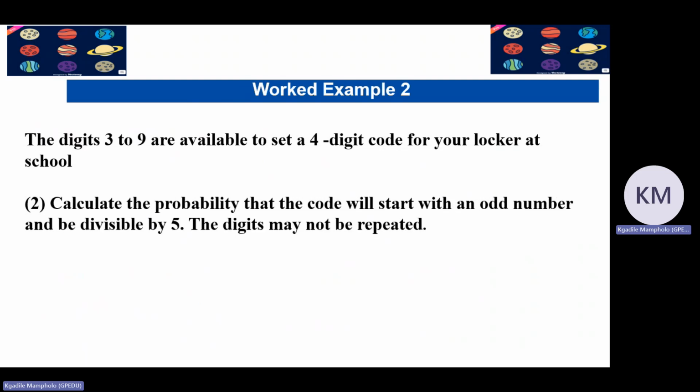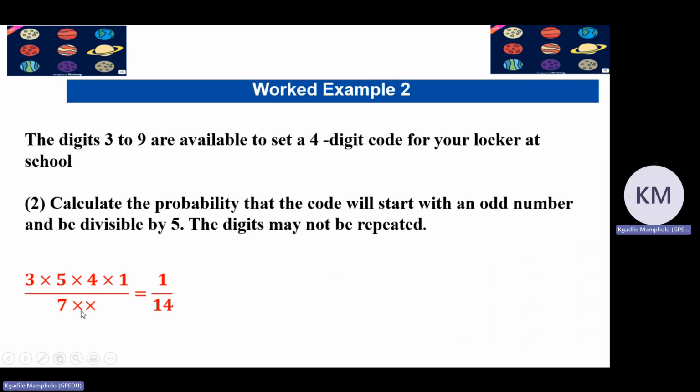Calculate the probability that the code will start with an odd number and be divisible by 5. So the digits may be repeated. Now, the digits 3 to 9 are available to set a 4-digit code for your locker at school. It's still the same question statement, but we say calculate the probability that the code will start with an odd number and be divisible by 5. The digits may not be repeated. Oh, sorry, I made a mistake here. Okay, in this case,